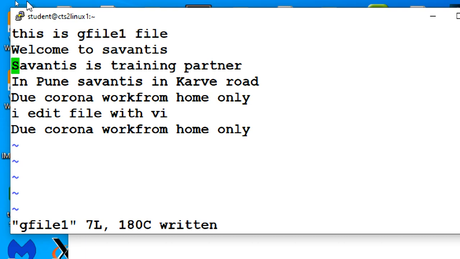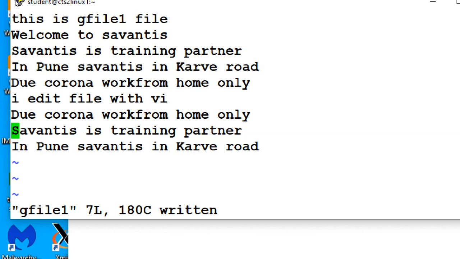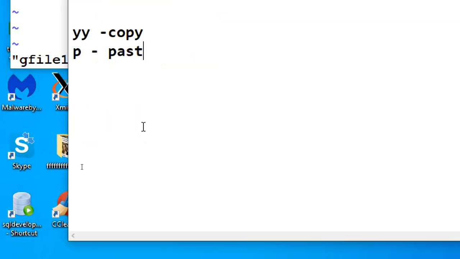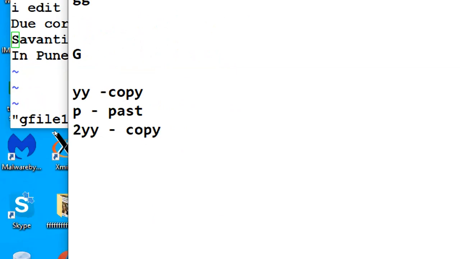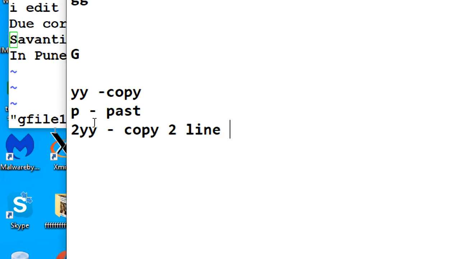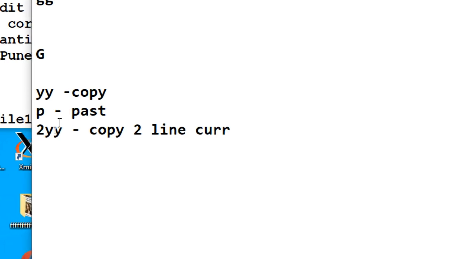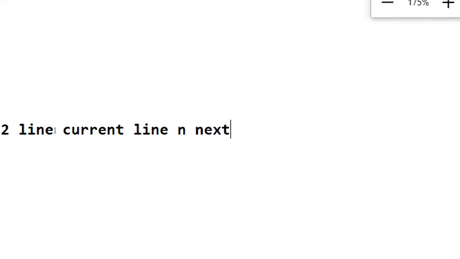Number 2 yy, then I go to the last line and press p. See, two lines are pasted. 2yy means copying two lines: the current line and the next line.